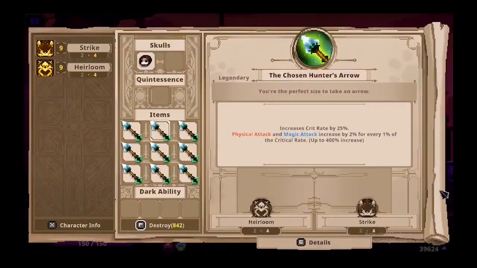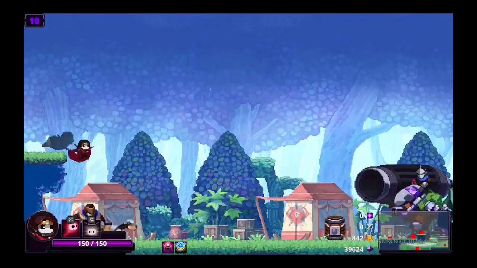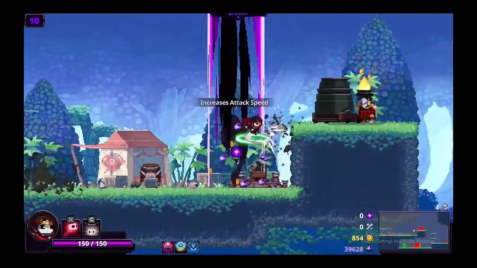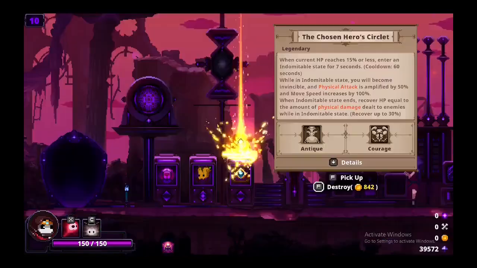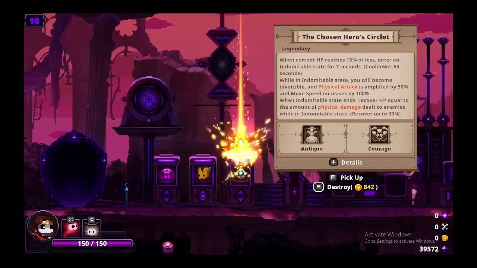So it's basically just a bunch of crit rate and damage upgrade. So it stacks up to 3,760 damage, which is a lot of damage by the way. And a crit rate up to 235%. This does guarantee that every single attack is a critical hit, so yeah, every single attack literally goes around and one-shots everything. The Hero's Circlet, which makes you invincible for 7 seconds when you reach 15% or less HP, and